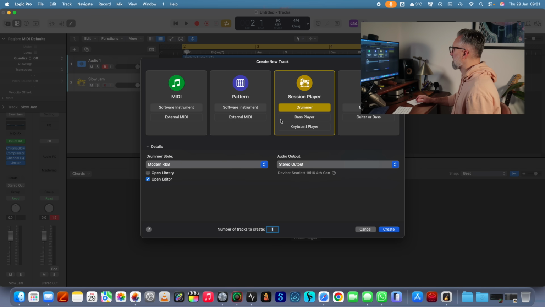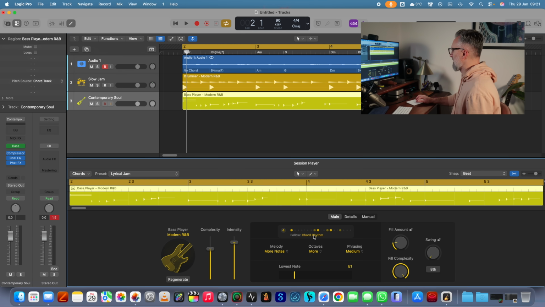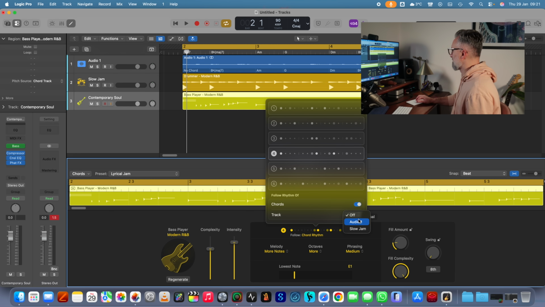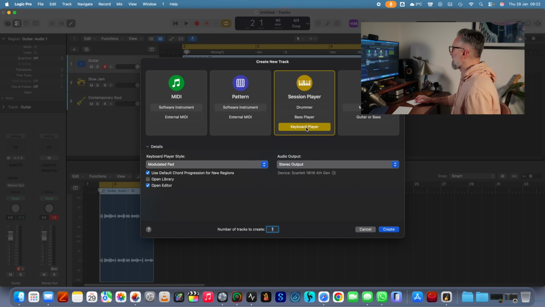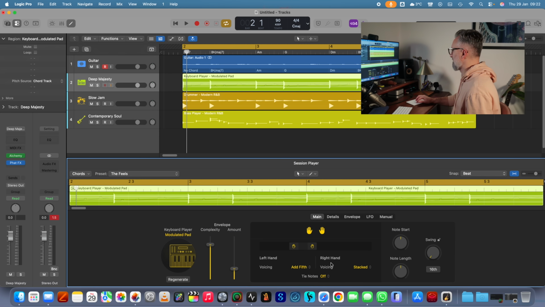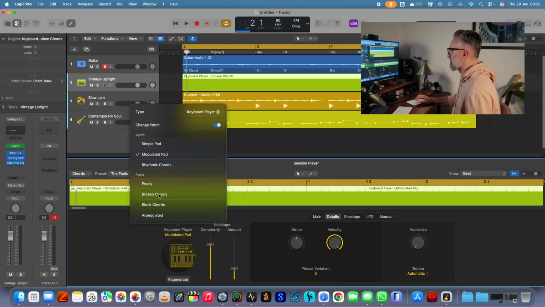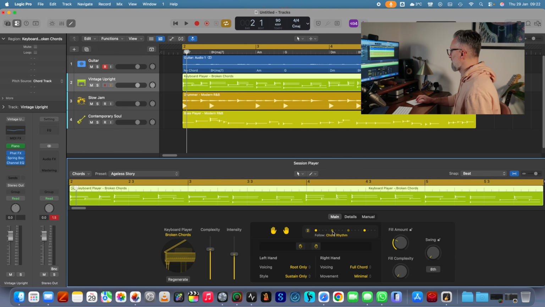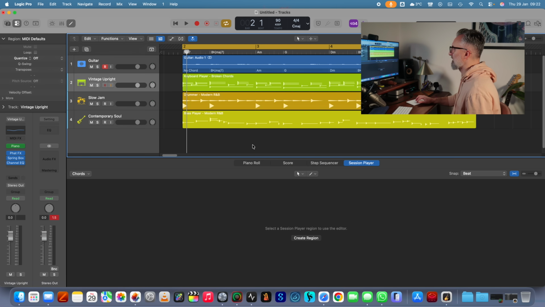I am gonna add a bass player, a modern R&B again. Again, I'm gonna tell him to follow my guitar. I'm gonna rename this guitar. I am gonna add a keyboard player, and once again I'm gonna change the keyboard player to broken chords. Tell the keyboard player to follow the guitar, and now